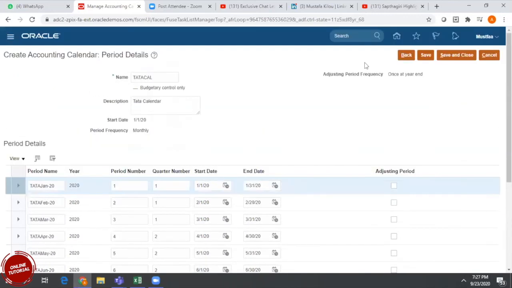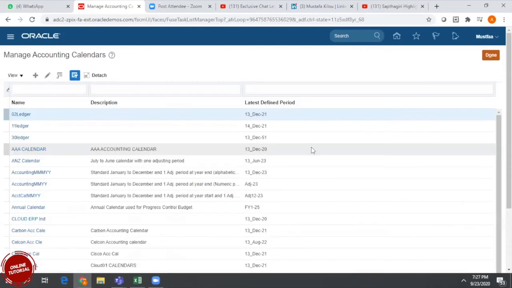In future, if you want to add more years, for example one more year, what I need to do is just save and close. I want to add a couple of years for this calendar. What is my calendar? My calendar is the Tata calendar.